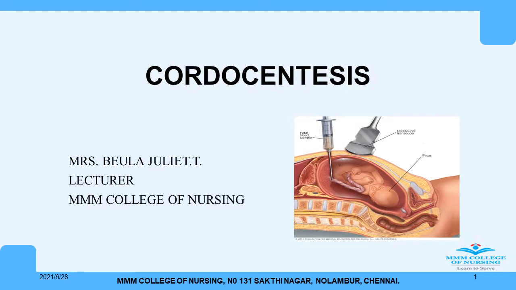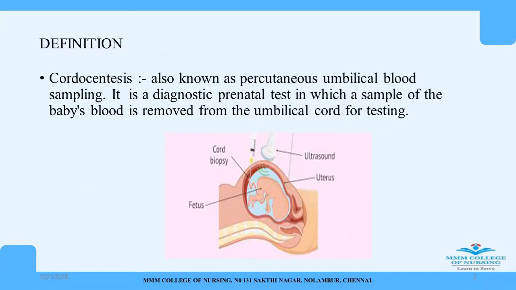Hi, today we are going to see about cordocentesis. See the definition of cordocentesis. Cordocentesis is also known as percutaneous umbilical blood sampling. It is a diagnostic prenatal test in which a sample of the baby's blood is removed from the umbilical cord